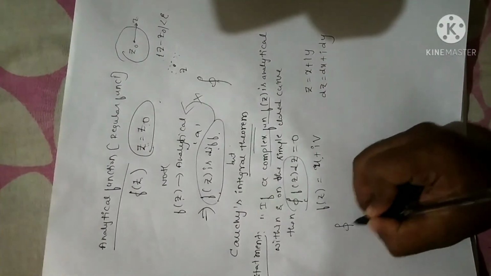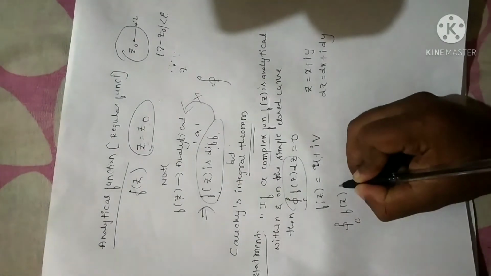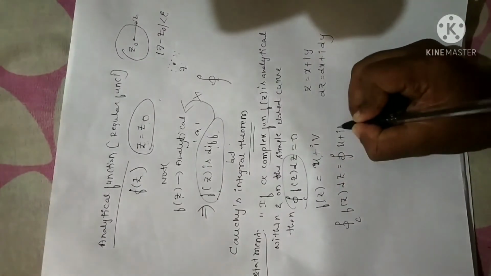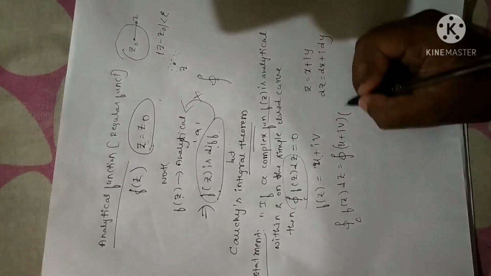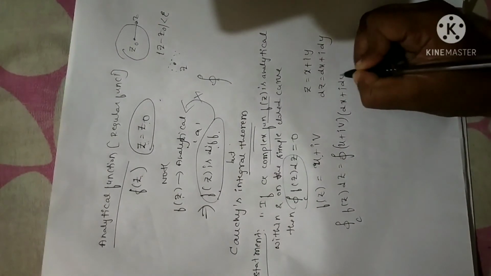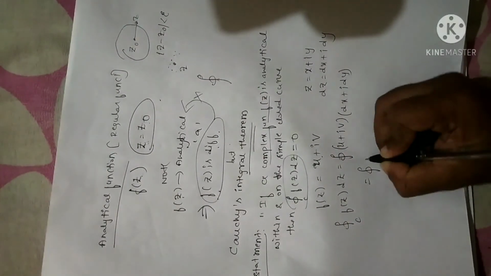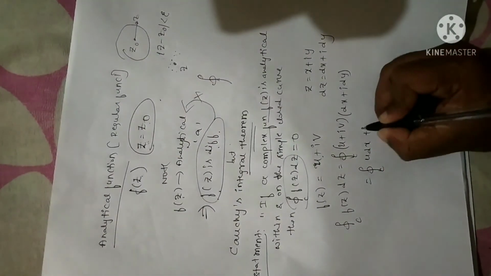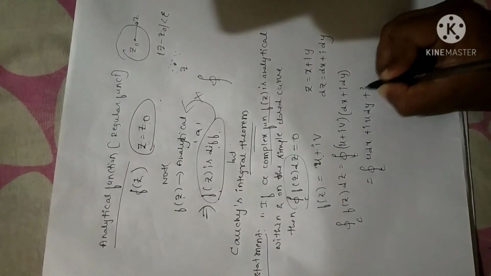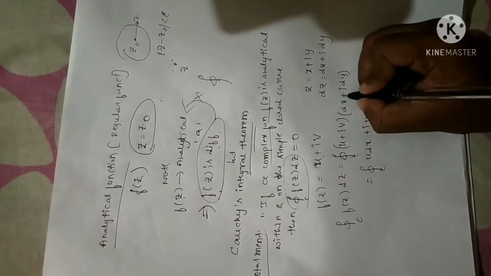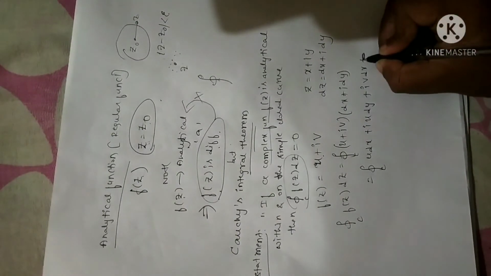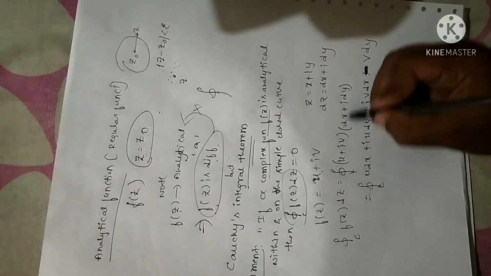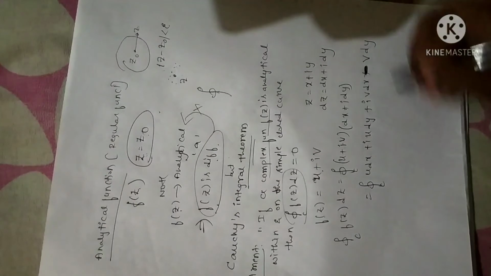Let me take the line integral over this closed curve, that is f of z dz. What is the f of z value you have? u plus iv. For dz, I am going to substitute dx plus i dy. Now, let me simplify this. The closed integral of u dx, I am doing multiplication, plus i u dy plus i v dx plus i into i is i square. The i square value will be minus, so I am writing it as minus v dy. Clear? i into i is i square, which is minus v dy. This is what I have.